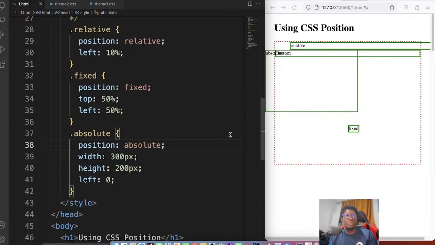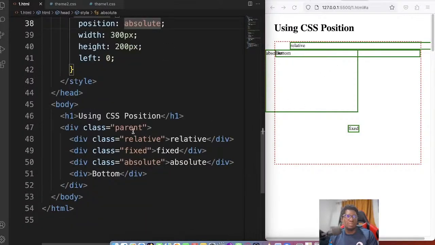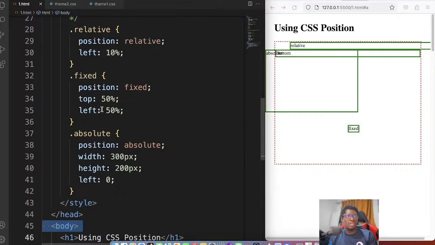So what we need to do is to tell the parent that it should be housing some elements that need to be inside it, so that it doesn't allow all this abnormality to happen, like the system ignoring that it is inside a parent. So how do we do that? To do that, you have to specify that this container that is red is relative,